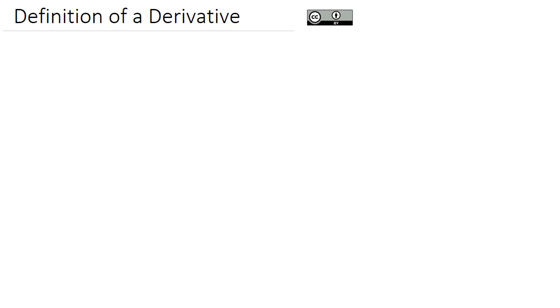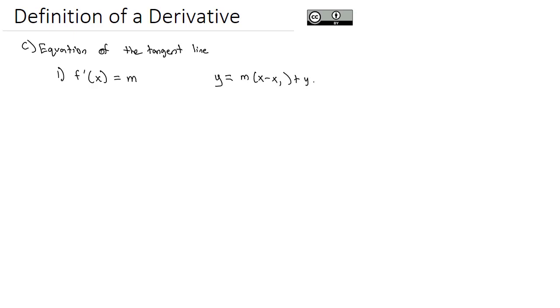Now that we know how to use the formula to find the derivative, which is the slope of the tangent line, we can find the full equation of the tangent line. We already know that the derivative of the function at x is going to equal our slope. And we also know the formula for a point slope is y equals m times x minus x1 plus y1. So if we put that together, we should be able to find the equation of the tangent line of a